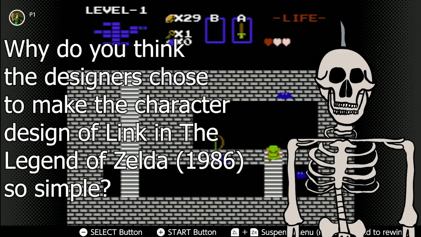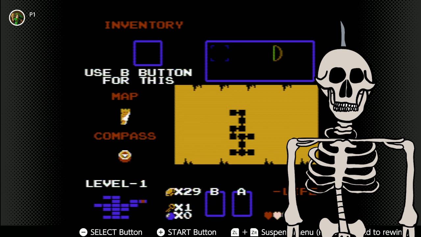I interviewed someone who knows a good deal about character design to see what they think these character designs represent about the games they appear in. Why do you think the designers chose to make the character design of Link in The Legend of Zelda in 1986 so simple? I have to say, given the technology that was around at the time, it wasn't a particularly